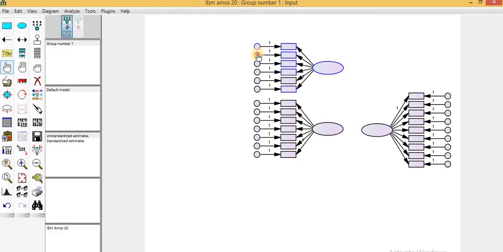This is a button, you can select one item or one variable or one error term. This is a button, you can select the whole model which you are looking at here.